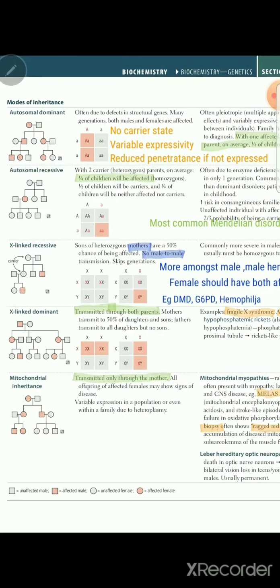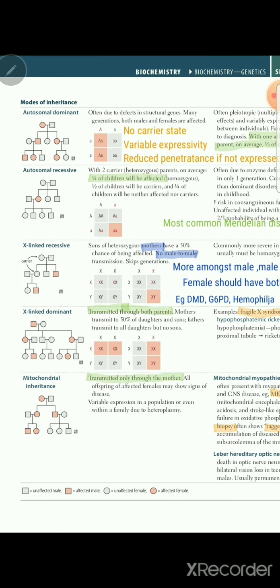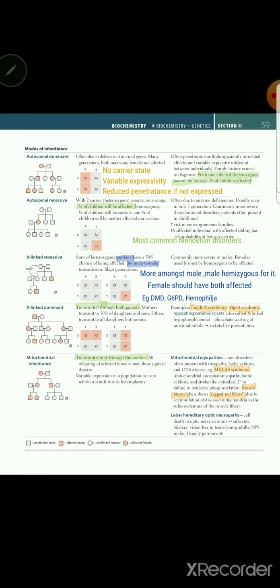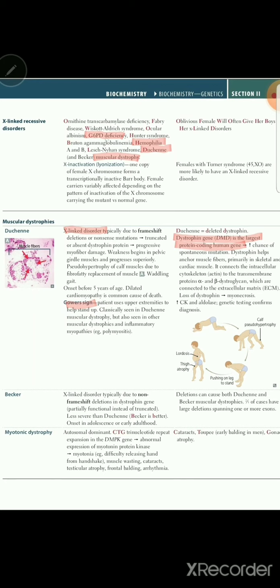And then X-linked dominant: if a dominant disease is on the X chromosome, in any gender it will be expressed. So it is transmitted through both parents, not only from mothers, just like X recessive. Any defective gene will be transmitted. Fragile X syndrome and Alport syndrome are two examples. They are asked. Hypophosphatemic rickets is not mostly asked. So X-linked dominant will behave like autosomal dominant through both sexes, but the defective gene will be on the X chromosome. Mitochondrial inheritance, we have read. MELAS syndrome is important. And then coming to the X-linked recessive disorders details, they are G6PD, hemophilia, Duchenne muscular